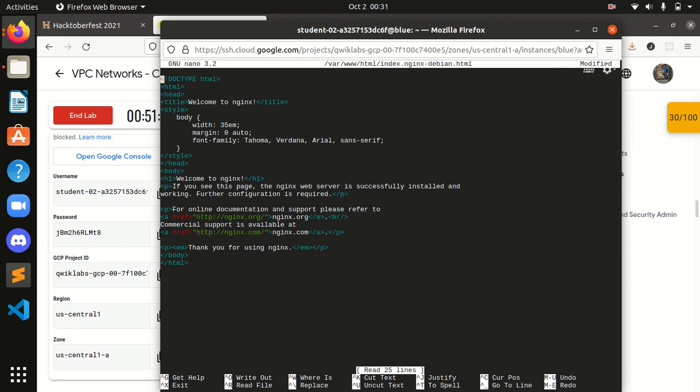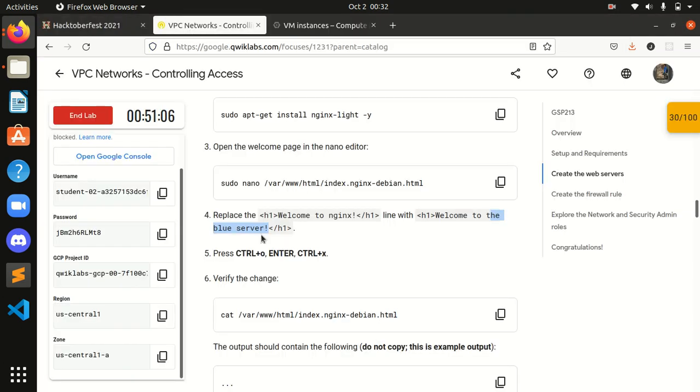Okay, first we can directly do it. We have to type this: the blue server exclamation.